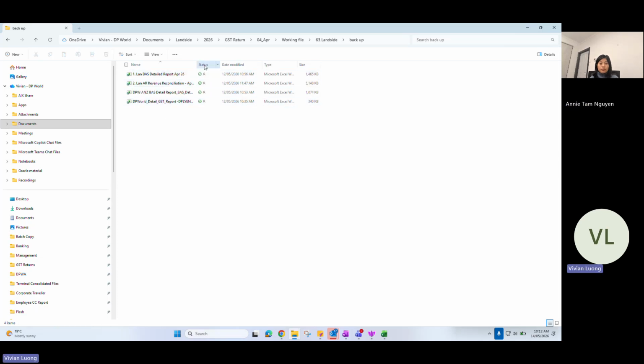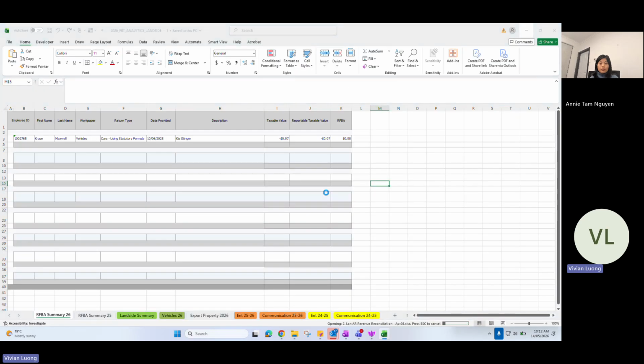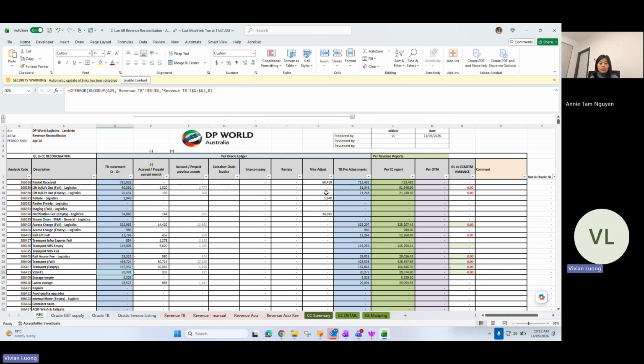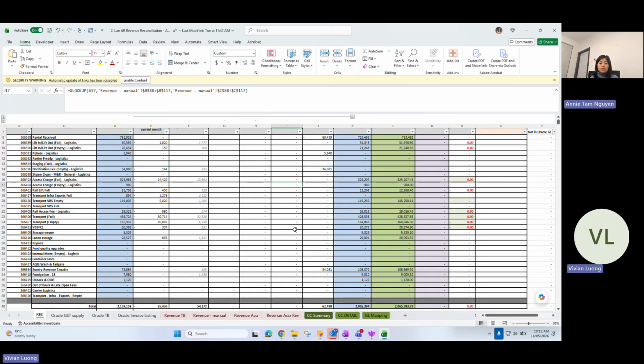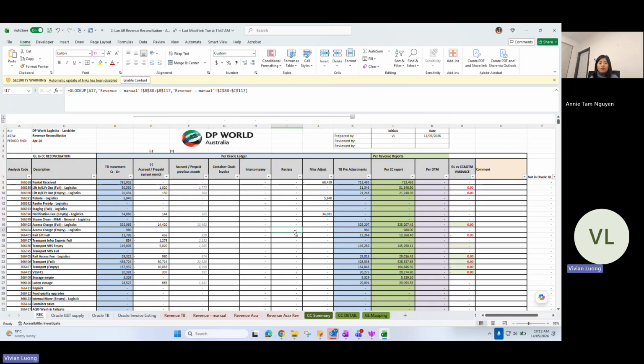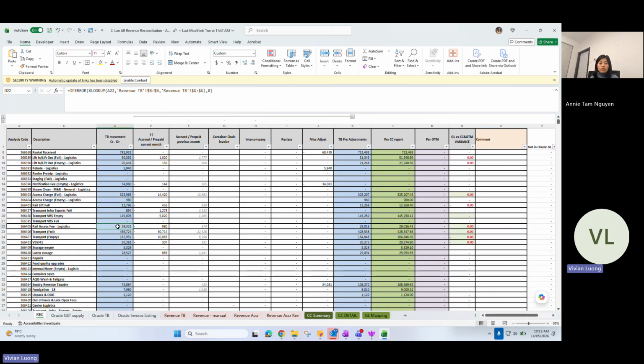Okay. So we start with this work file first. First we do the revenue reconciliation. I actually do this one, if you have time, before you close month end. This is the check to make sure whatever billing invoiced for the month has been posted